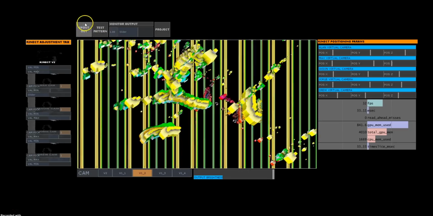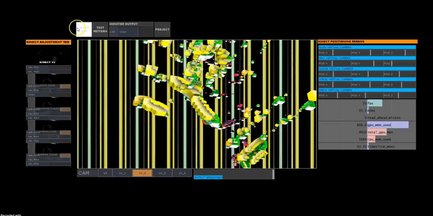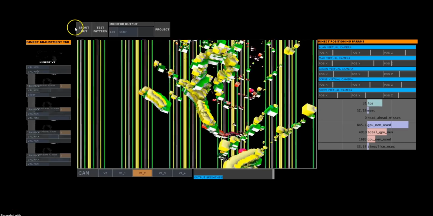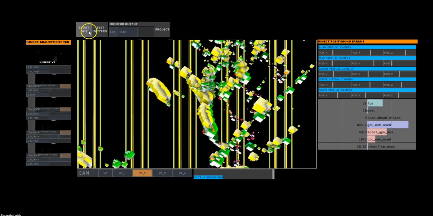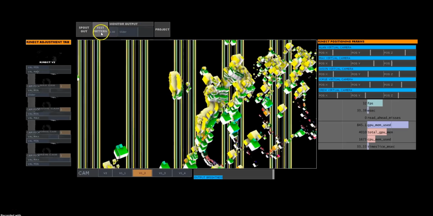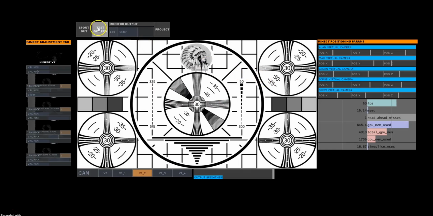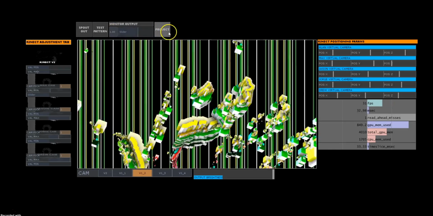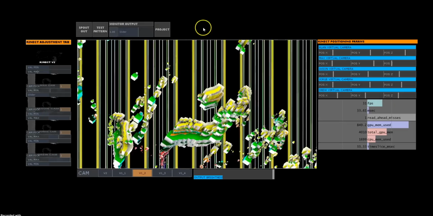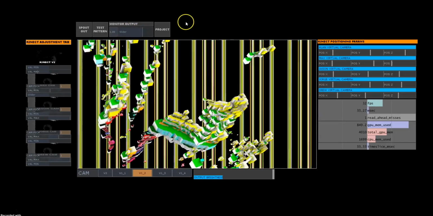On top here we have the Spout Out button, so if you want to send this image to Resolume or other software, just press this and you'll be able to find it locally. If you're doing this over a network, I'll show you in a second how to set it up once we jump into the TouchDesigner TOE. For setup, we also provided a little test pattern, and this is the monitor output section where you can choose your monitor. So to quickly go over what's happening inside,